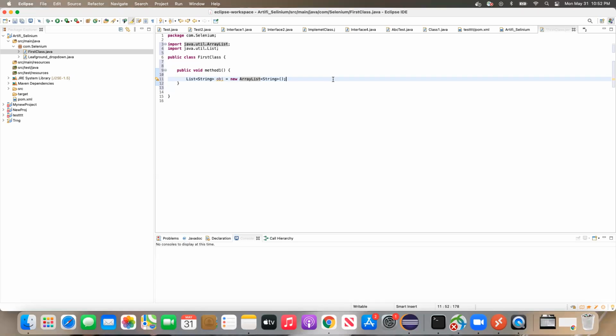Okay, it's very similar. Previously in our inheritance, there is a class A and a class B, and from class A to class B, all the methods available in class A are available in class B, right?